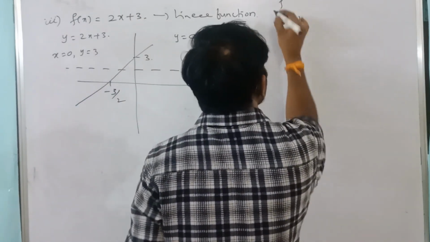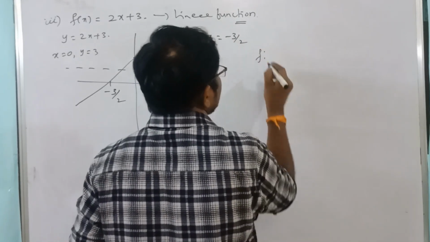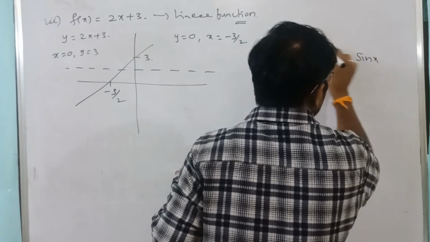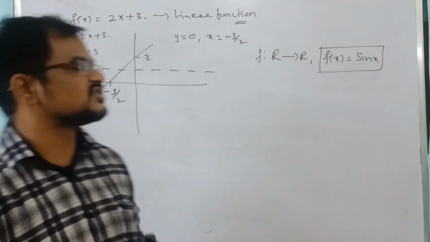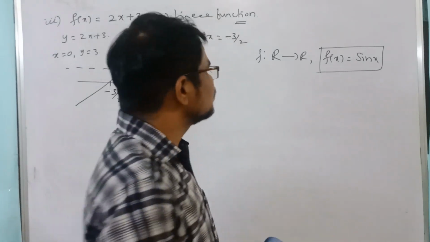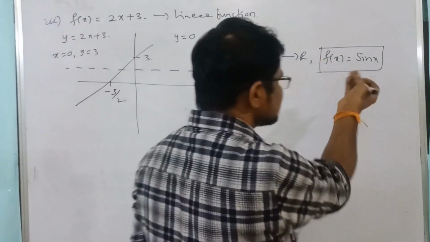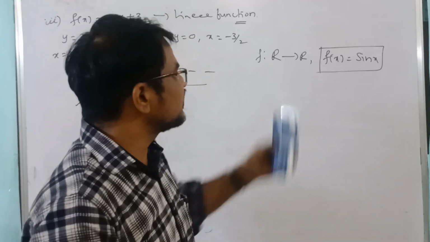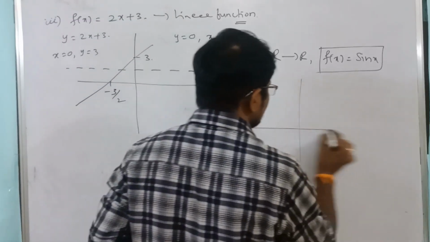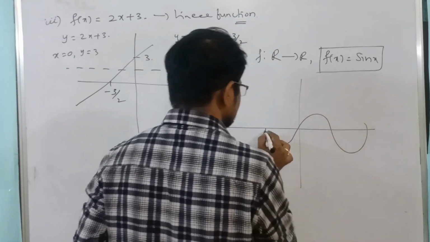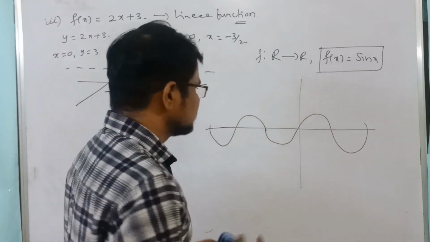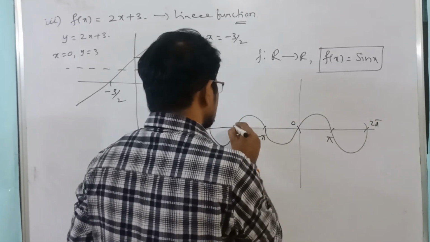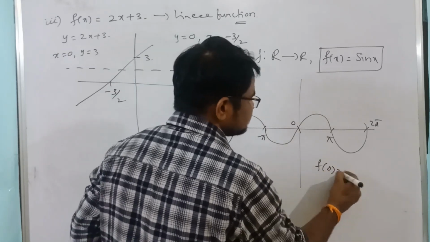Suppose f is mapping from real numbers to real numbers and f of x equal to sin x. Is it a one-one function or a many-to-one function? We have to observe. For that, what do we have to do? Take some values, by verbal description you can also identify, or draw the graph, then identify whether it is one-one or not. So if you draw the graph, we know that this is the sin x graph, right? So at 0, pi, 2 pi, minus pi and minus 2 pi. So f of 0 is 0.